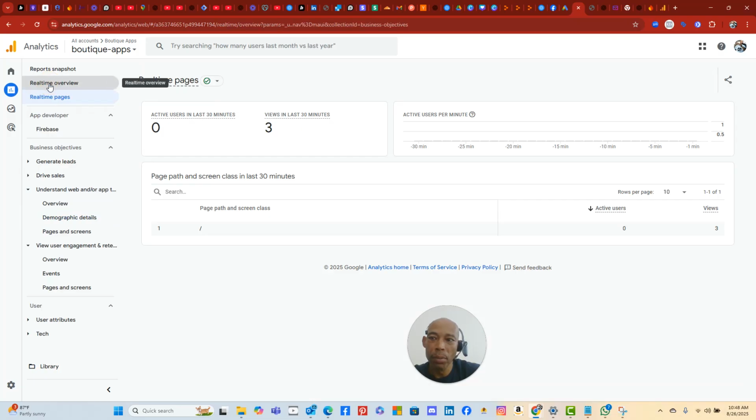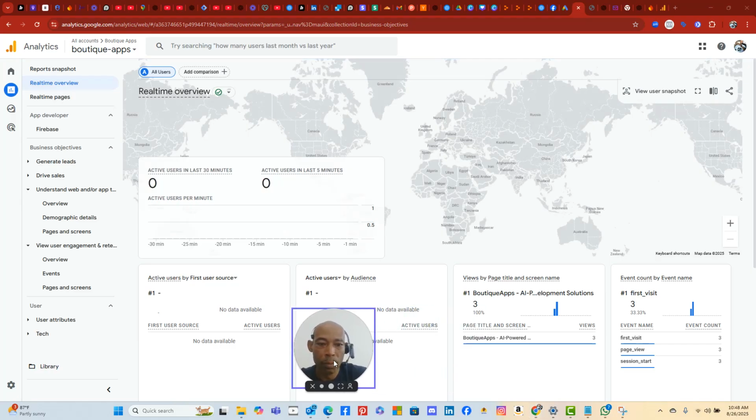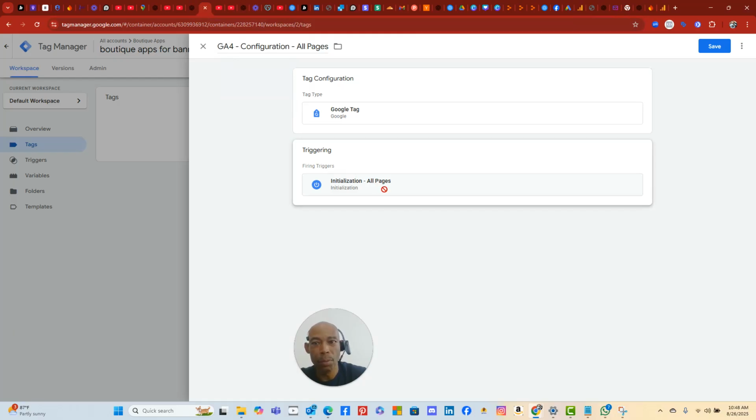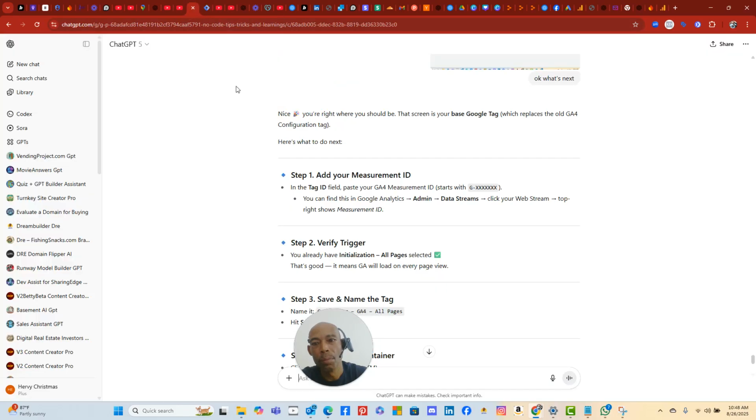Home page. Measurement ID, get tagging instructions. So let's go back over here. Oh, how do we? Tag ID. Tag ID is an identifier that you put on your page to load. In the tag ID field, paste your measurement ID,